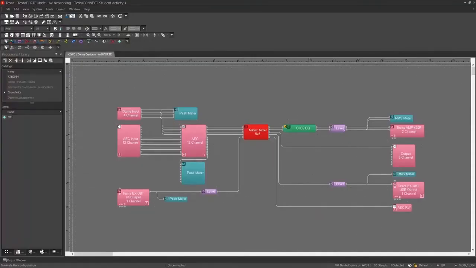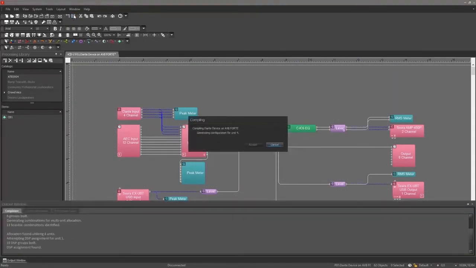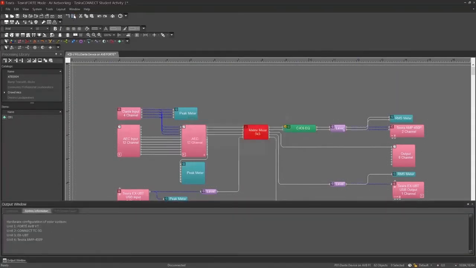So if you can see the screen, you have this layout. We have the VT. We have some Dante inputs coming in, let's say these are microphones coming to our AEC, with the EXUBT connected to all. And you just simply need to hit compile. So once you hit compile,